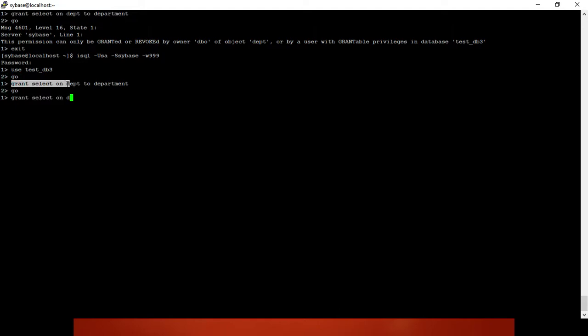Let's grant on dpt. Okay, these are the tables on which we have granted select permission to this group. Let's grant this group to the service user. We don't need to grant individual permissions, so all the permissions will be granted automatically.